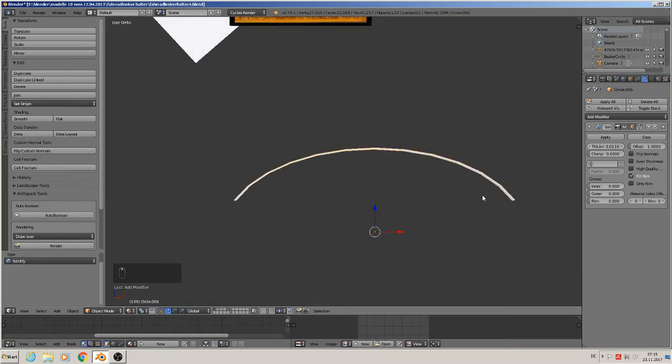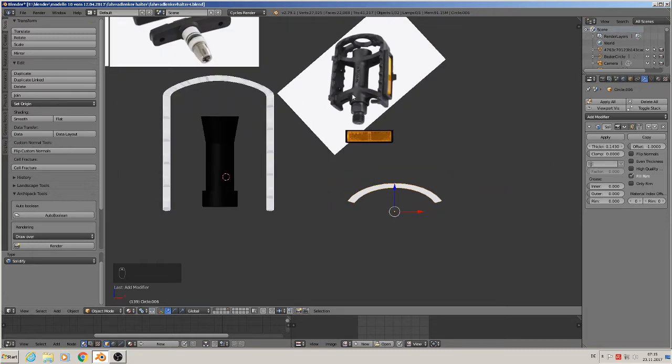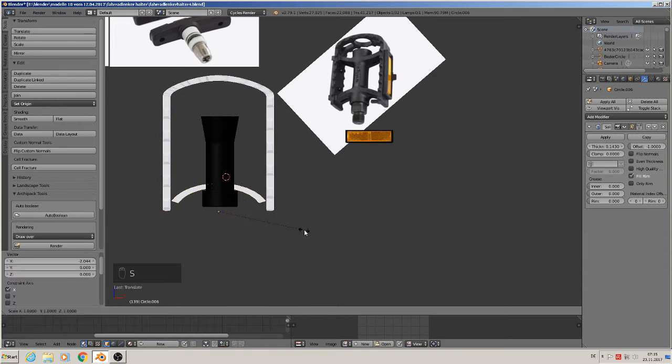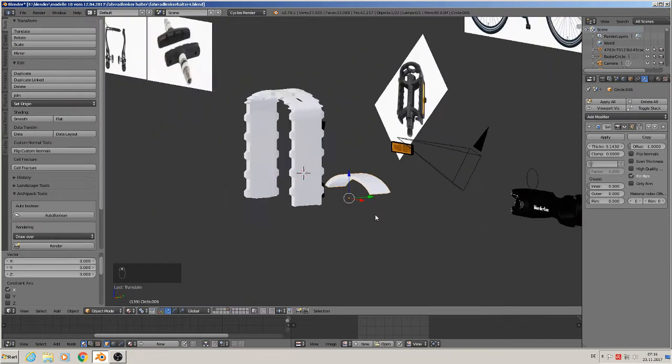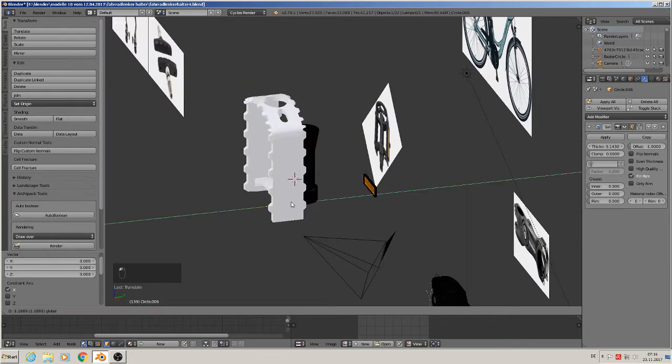And we need a thick one there, so like that, I think. Yeah, good. We should scale them up in the X so that we hit that correctly. Yeah, that's good. Then we bring that in the middle,